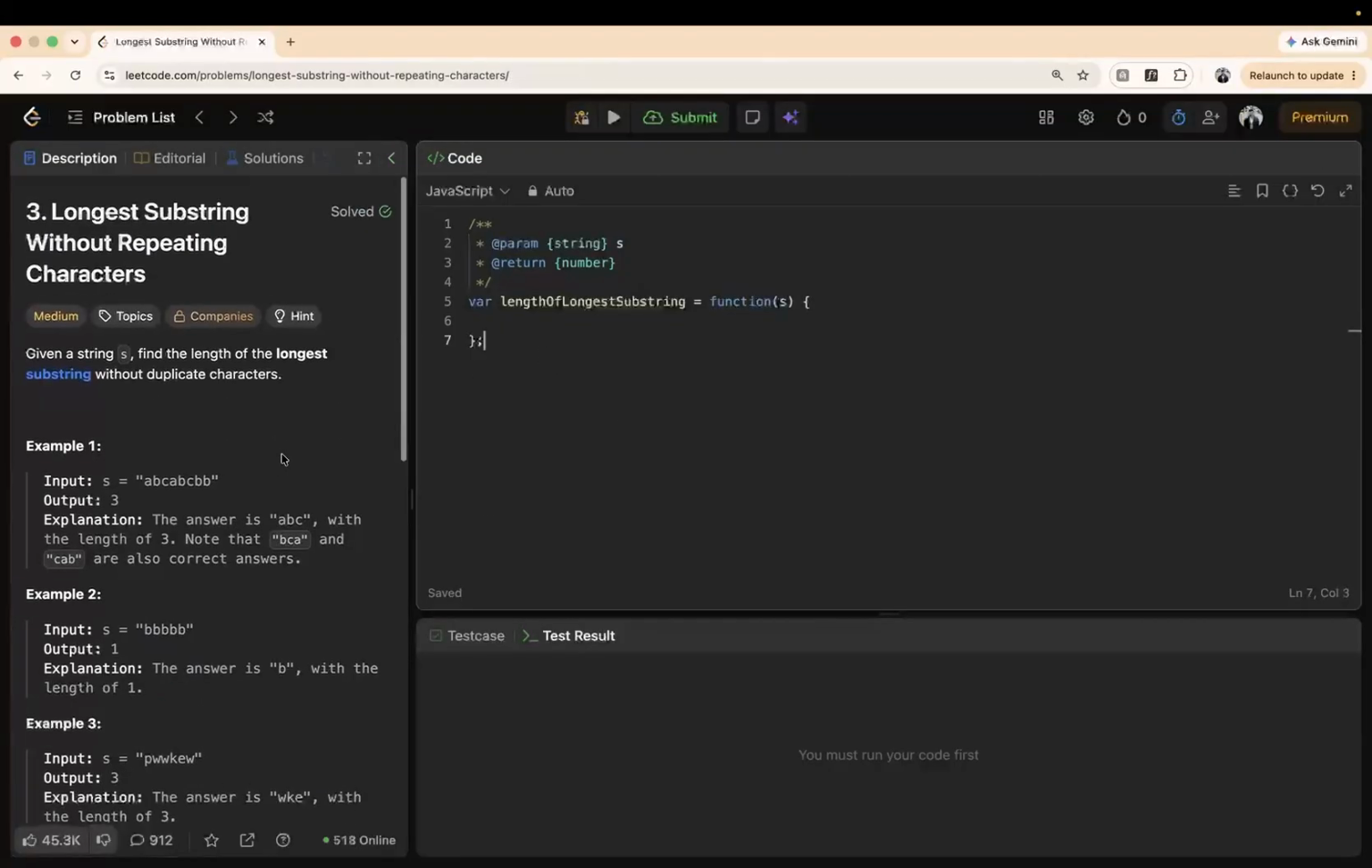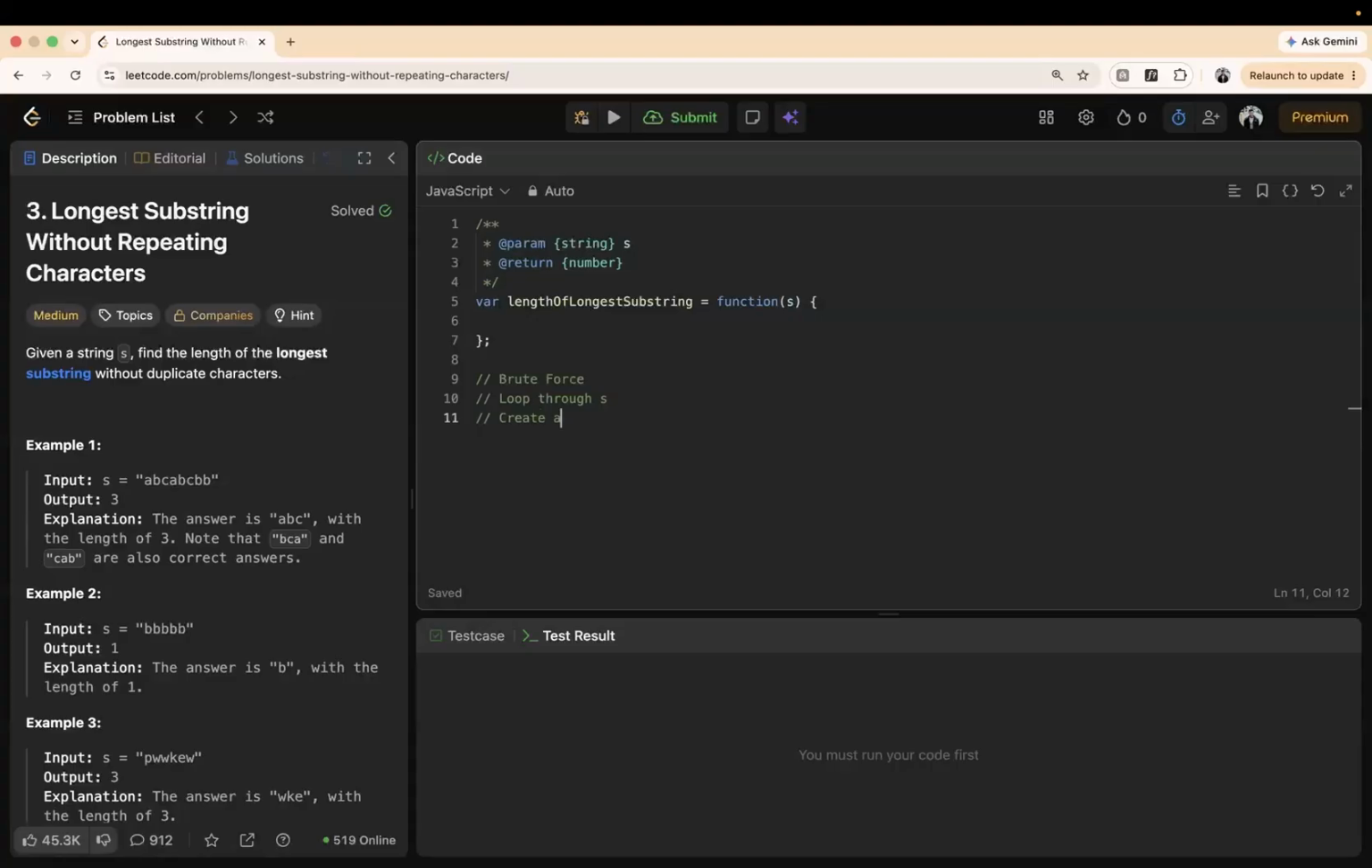So one way we can do this is using brute force. Generally, you can do that when checking all combinations. So we have to loop through S, and in this loop, we need a way to keep track of unique characters. The data structure that should come to mind is a set. So we create a set to keep track of unique characters, and then do